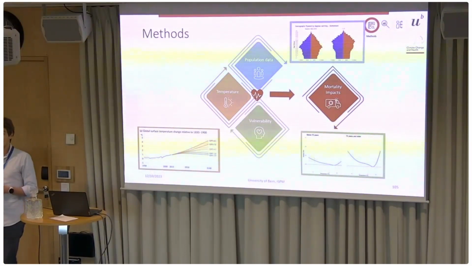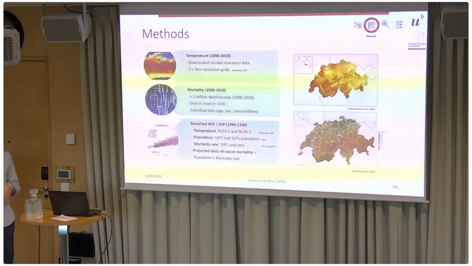So we use mortality under SSP2, under SSP5, and this changes, so the demographic structure changes. Then we also use different vulnerability functions. So we use functions for under 75 and over 75, and that has to do a little bit more with power. So what sort of data did we use?